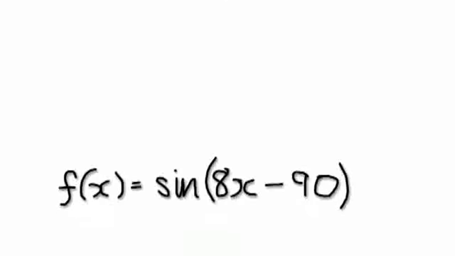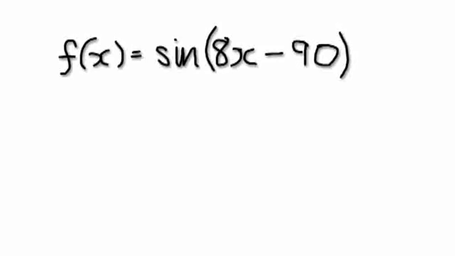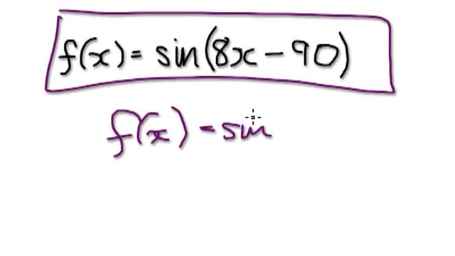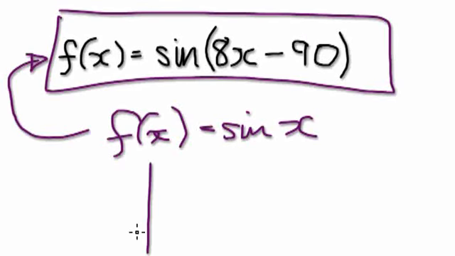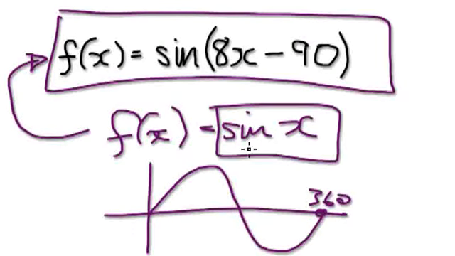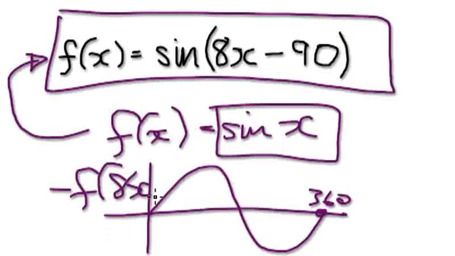Okay, let me give you guys some more practice. So here, sketch this function here. Remember, start out with your f of x equals sine of x, and then slowly transform it into this function here. So start out by sketching it roughly like this. This is 360. Your normal sine of x has period 360. But then you would apply your transformation where you have 8x here and so on,